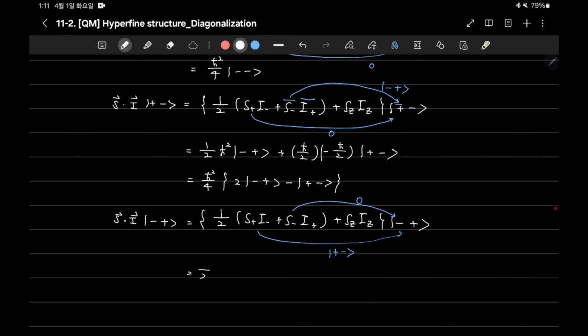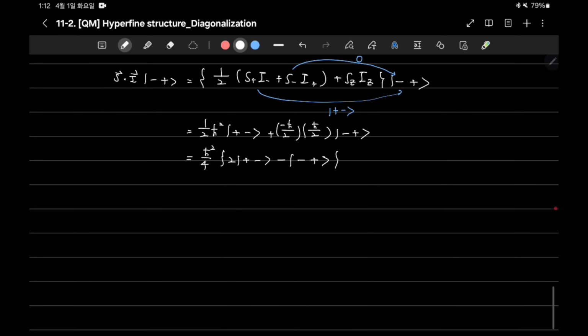So it is 1/2 ħ² plus minus, and also plus minus, 1/2 ħ, minus plus. So it makes that 2 plus minus, minus minus plus. Okay,